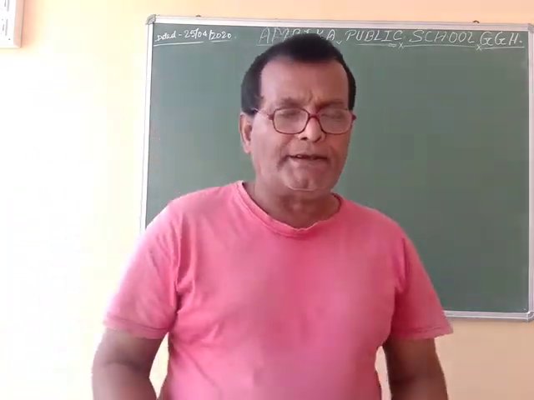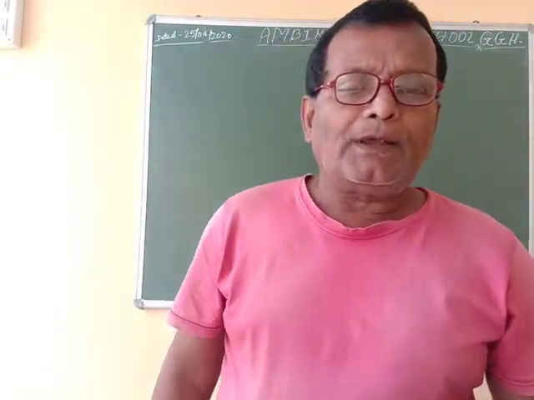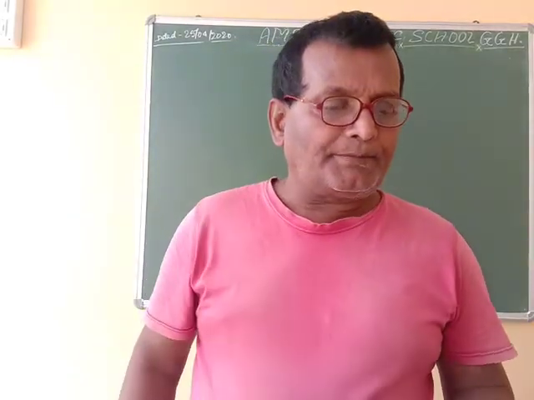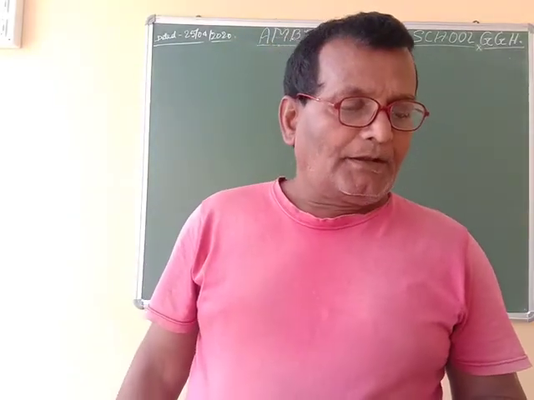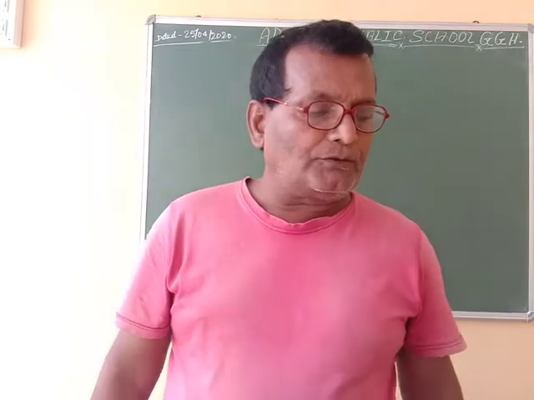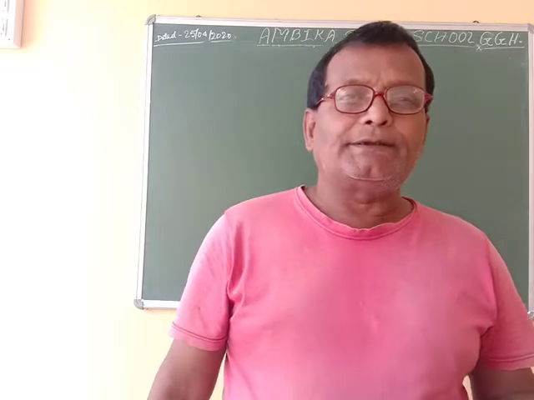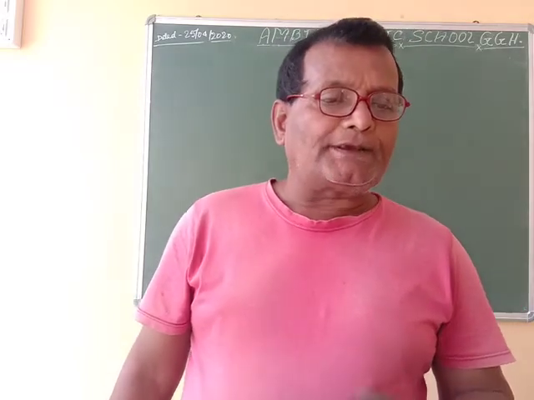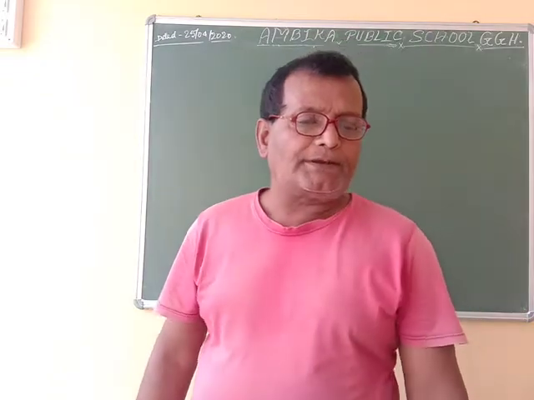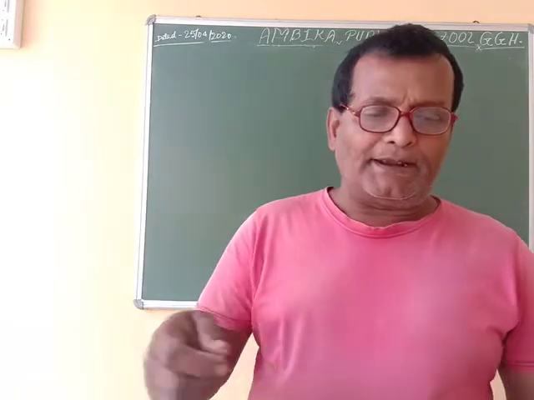In the previous session, you have seen that in the previous section, two problems are left. So I am going to solve it. Question number 8 of exercise 1.3. Find three different irrational numbers between the rational numbers 5 by 7 and 9 by 11.